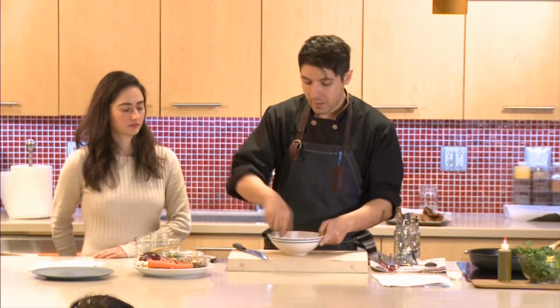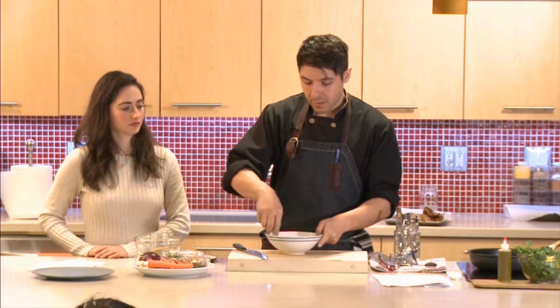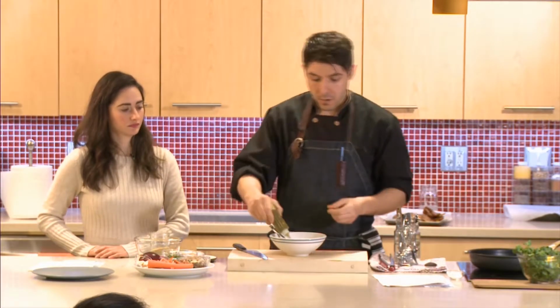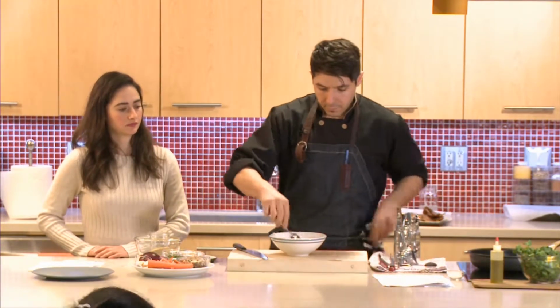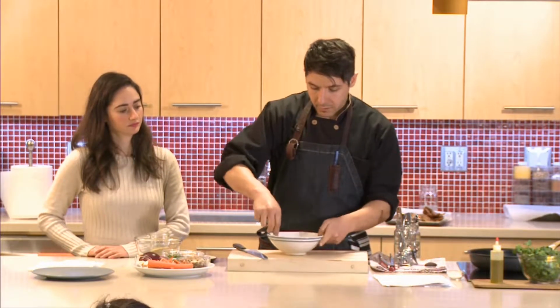If you toast them ahead of time, you're going to add a little more flavor and aroma. It just wakens them up a little bit. But to prepare them for this recipe, I'm just going to mix them together, and I'm going to add a couple tablespoons of olive oil, and this will help us create this sort of paste, almost like a flavor oil or paste. So we're going to mix that until it all comes